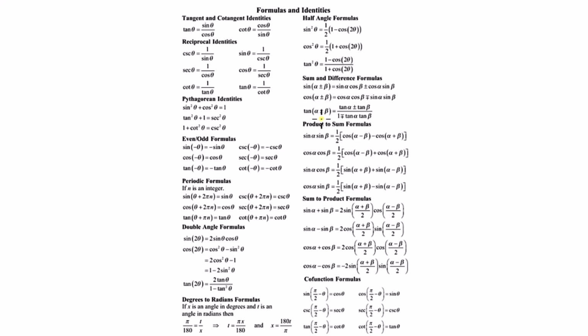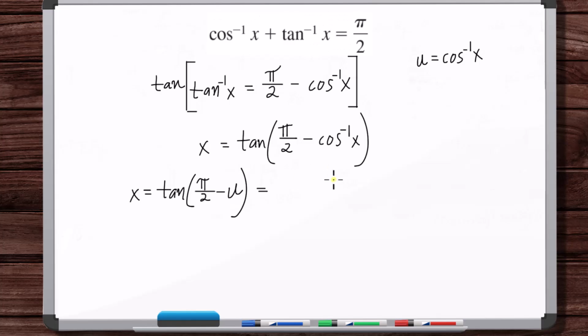Tangent of alpha minus beta is tangent of alpha minus tangent of beta over 1 plus tangent alpha tangent beta. Okay, now, but there's an issue here in that tangent of pi over 2, we know that's